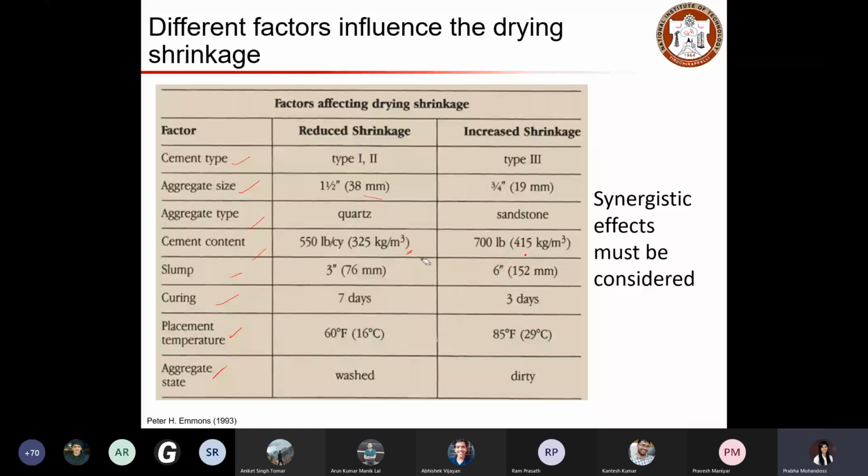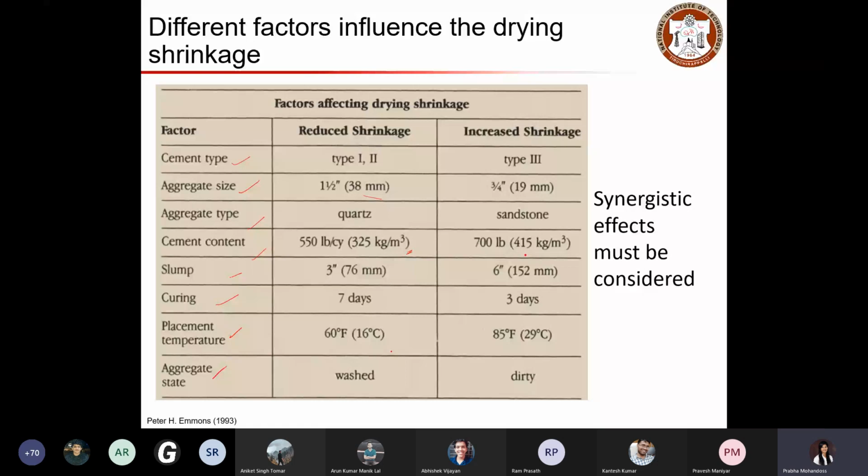And the slump amount has to be reasonable for obtaining the required workability. Whereas when you have more workable concrete, that indicates basically you have more water content in it, and that will lead to increased shrinkage. And curing conditions, if you increase the duration of your curing, then that will help you to reduce the shrinkage by covering your concrete surface. So when you increase the duration from 3 to 7, you can reduce the shrinkage. And then the temperature, if the temperature is too high, that will lead to moisture evaporation and increased shrinkage.